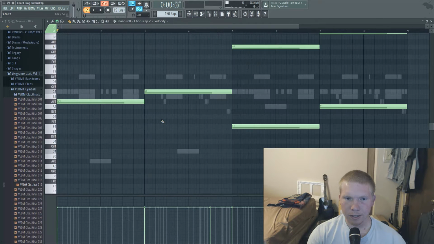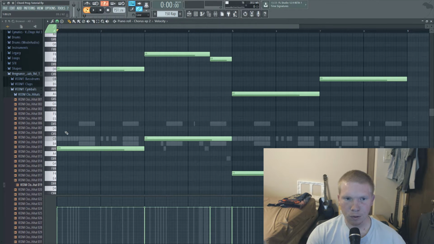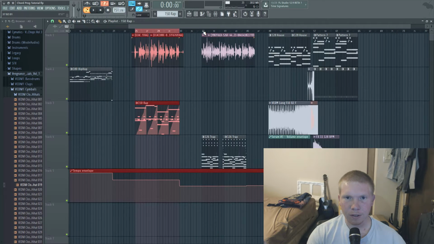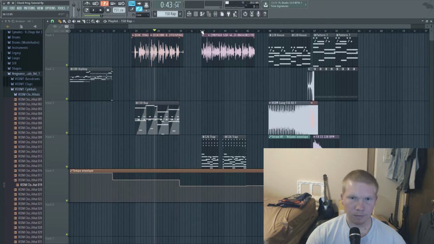So, like I said, a tip is to go check out intervals. And really, intervals are the building blocks of chords. So all these could be turned into actual triad chords if I added another note either above them or between them. But it just worked for this sound. I didn't want it to be really heavy. So for this trap one,